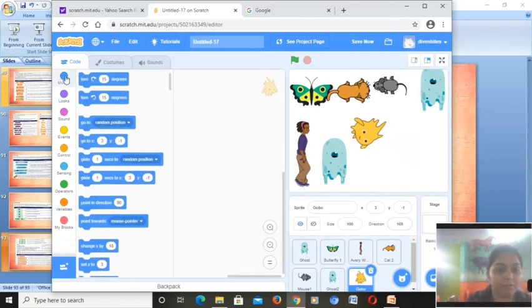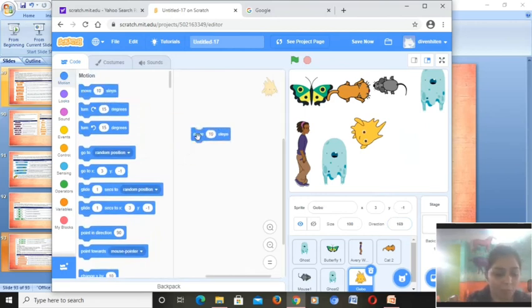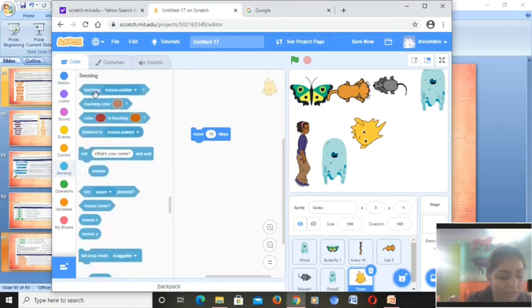The first command which you are having in the textbook is move by 10 steps. Then you are having touching, in sensing. In sensing you are having touching Gobo.